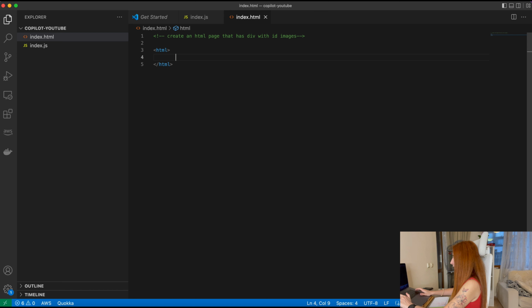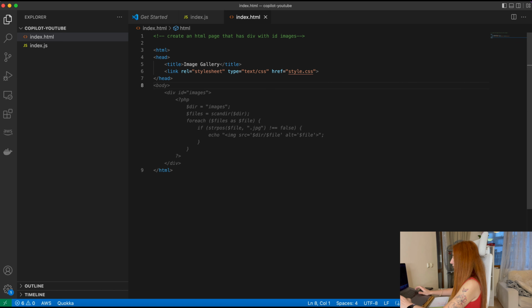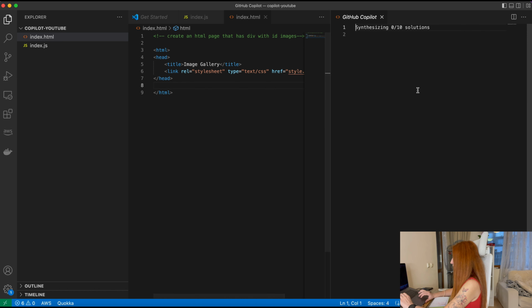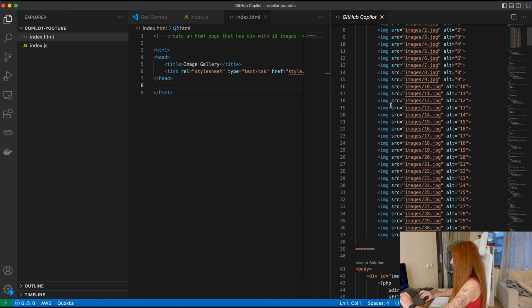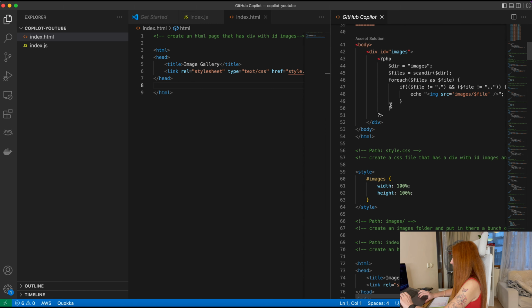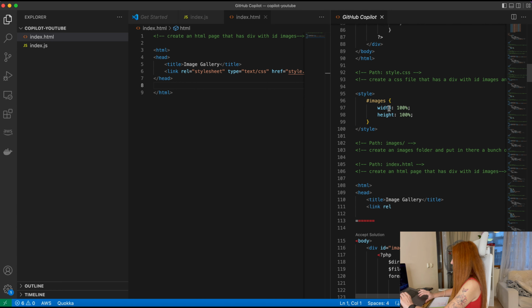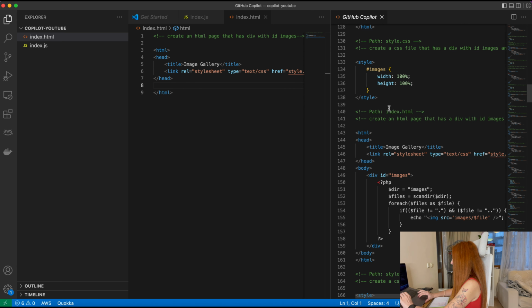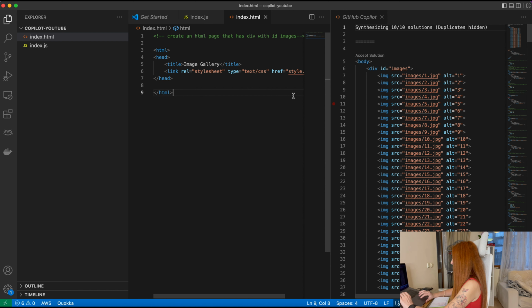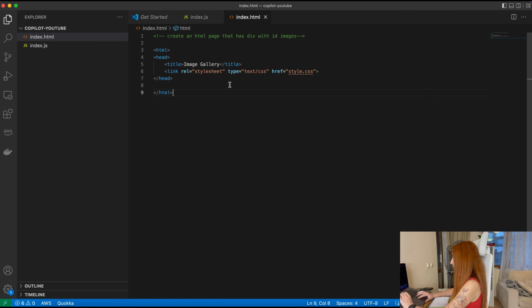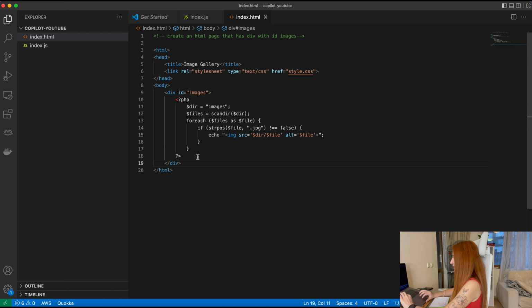Now I'm just clicking tab when I want to accept stuff instead of using Control Enter, but we can do it faster. We can use Control and Enter, and it generated some strange code for us. Okay, I guess we have to give it a little bit more context maybe, but okay, let's just accept this